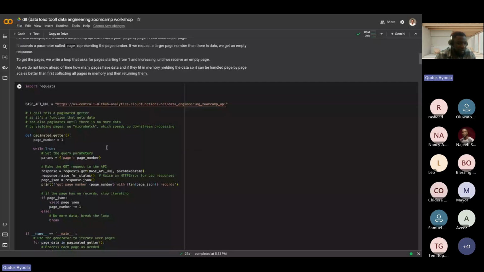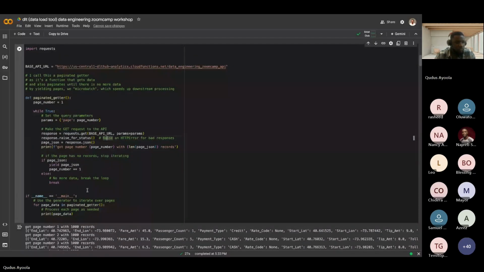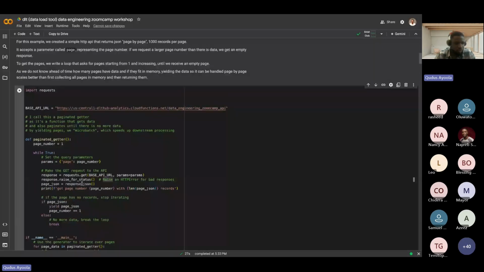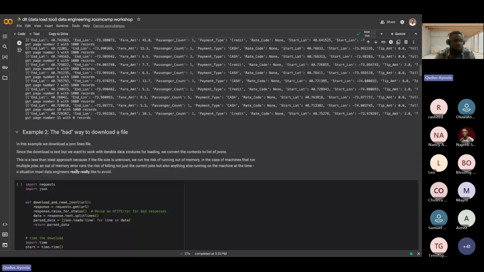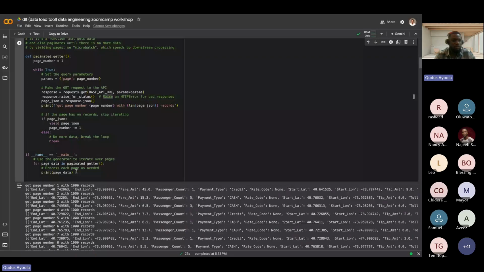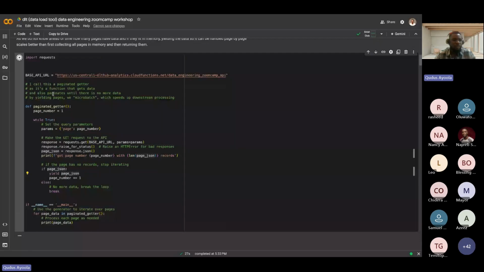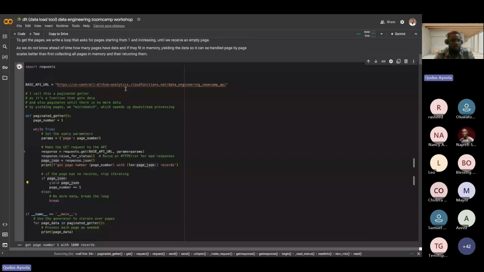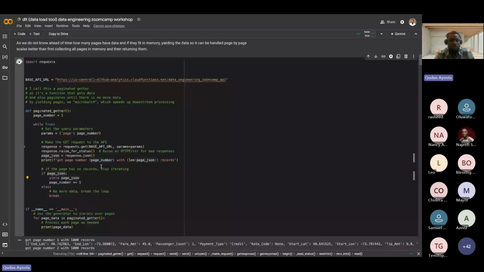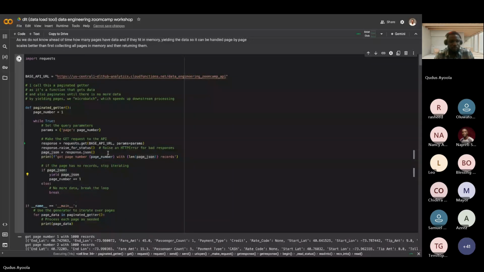So right here, this is a typical way you might want to load your data, using a Python generator. What this Python generator does for you is, every time, we are pulling data from the New York Taxi API. So it's going to be reading page by page in order to get the necessary data we need. Using a Python generator usually means it doesn't bring in all records from your source system.